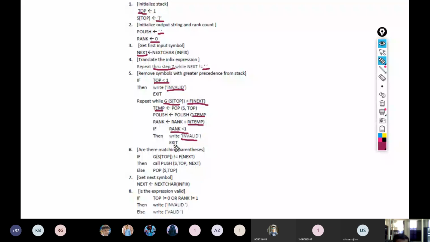Okay. Then in the 6th step, if the precedence function of top of stack is not equal to the precedence function of the next, right, then you have to push it to the stack.